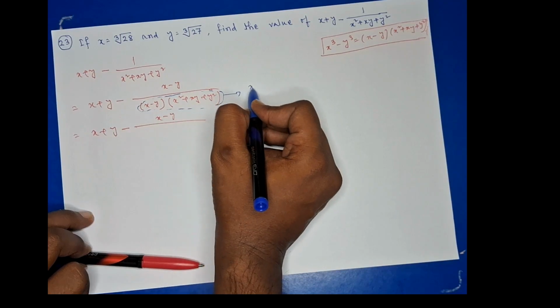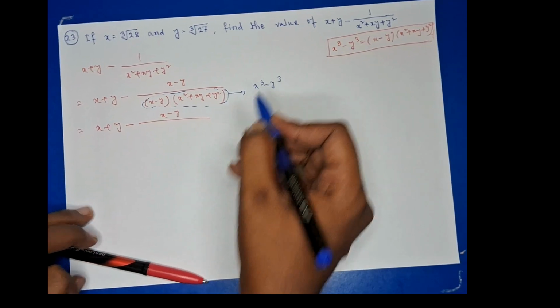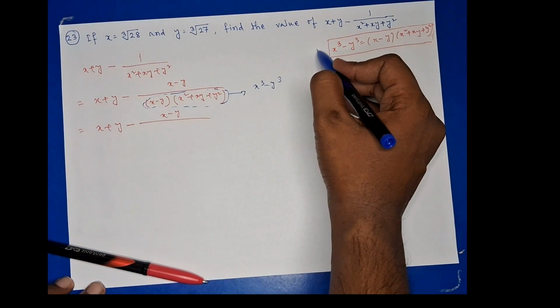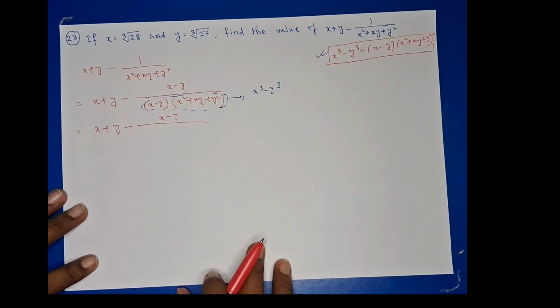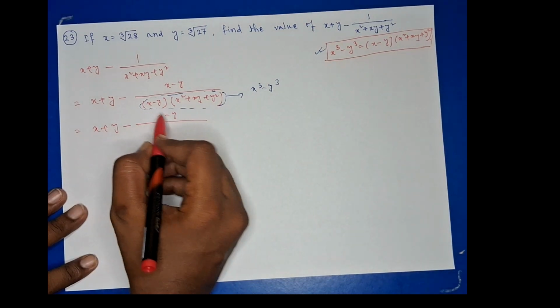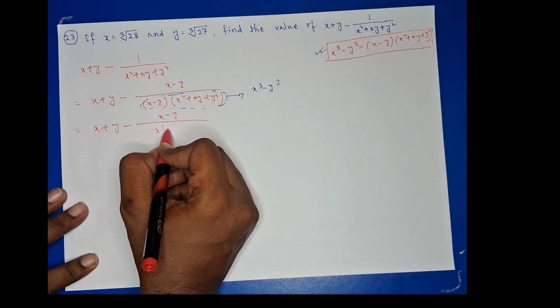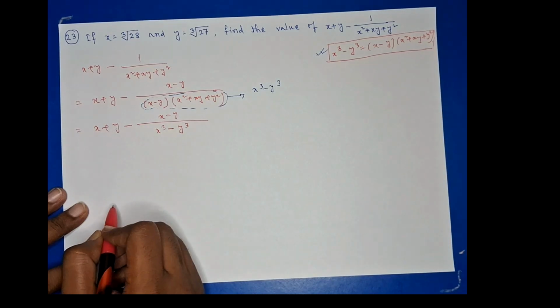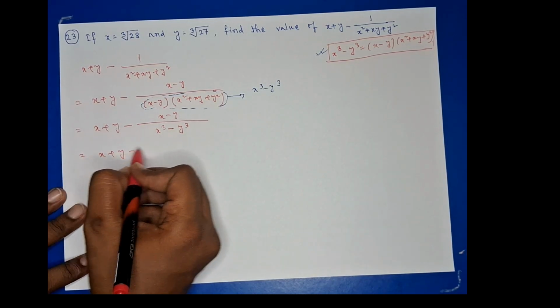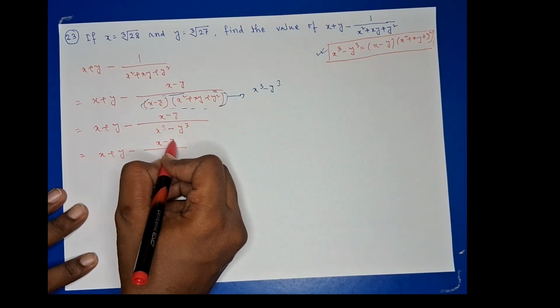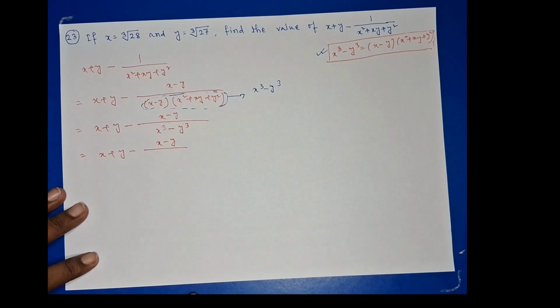Is this not x cube minus y cube, what I have written here? Isn't it? So I can write it as x cube minus y cube. Okay, so it is x plus y minus x minus y by,